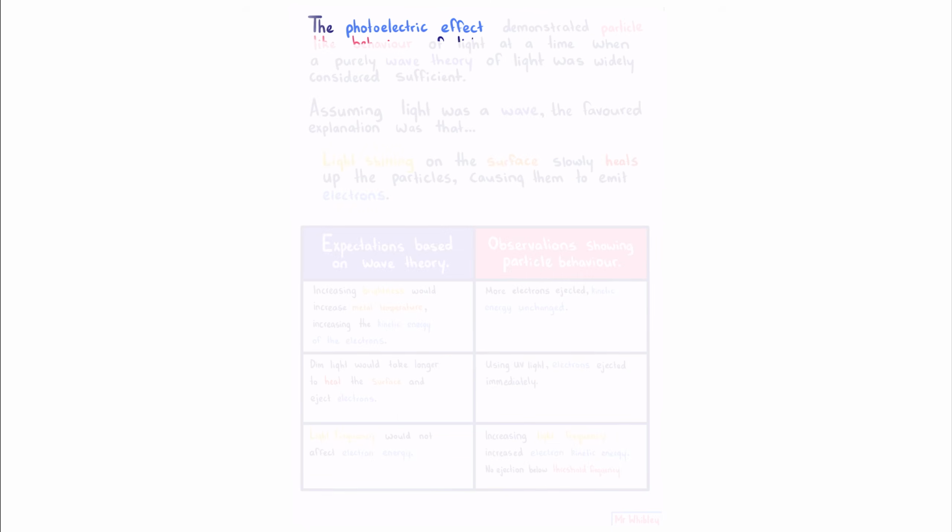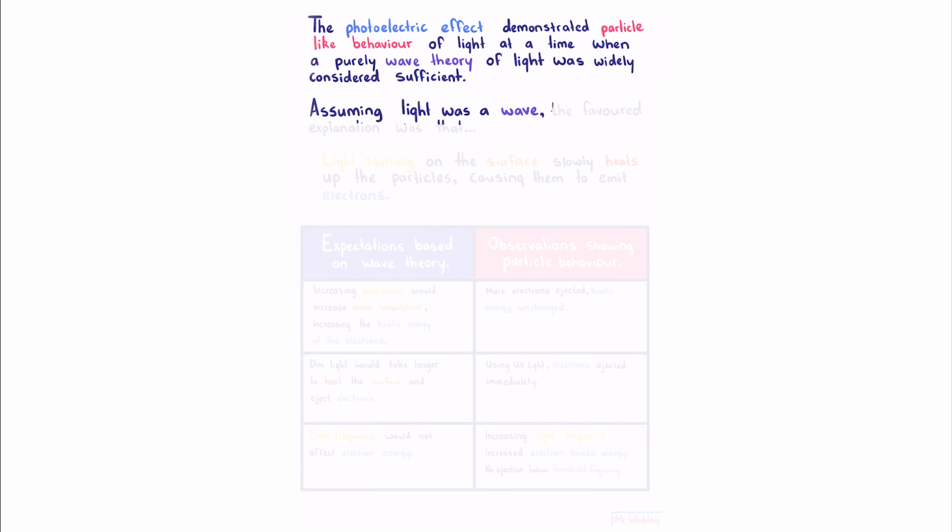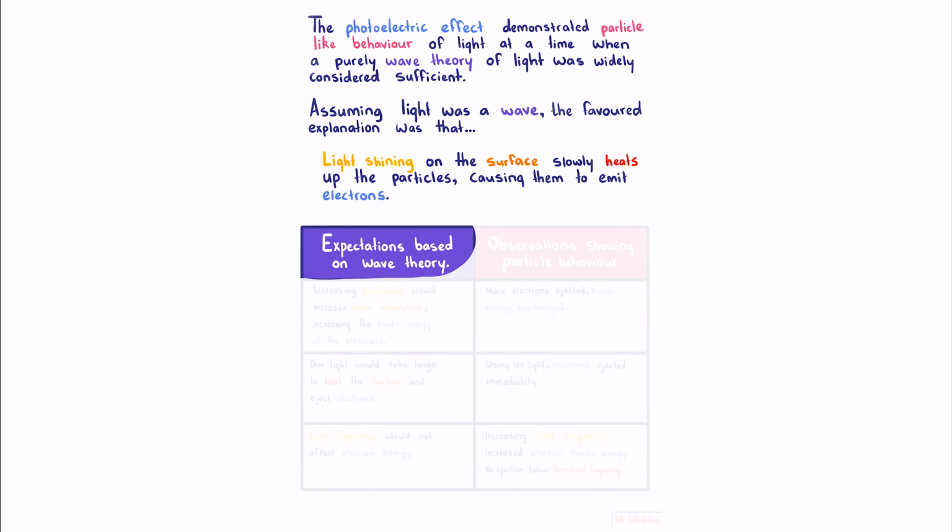The photoelectric effect demonstrated particle-like behavior of light at a time when a purely wave theory of light was widely considered sufficient. Assuming light was a wave, the favoured explanation was that light shining on the surface slowly heats up the particles, causing them to emit electrons. We're now going to go through some expectations based on the wave theory of light and the observations which showed